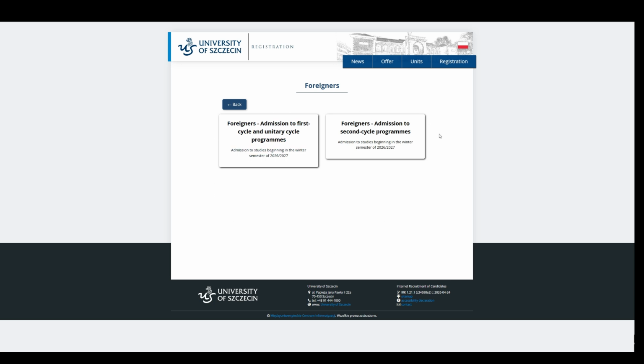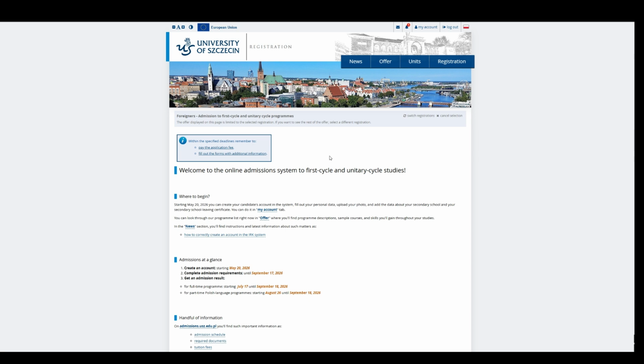And here we can choose either admission to first cycle and unitary cycle programs or second cycle programs. We will choose the first cycle programs because the Economics and IT Applications program is a bachelor's degree. Therefore, it's a first cycle program over here. So we choose this, and we will be met with this registration website